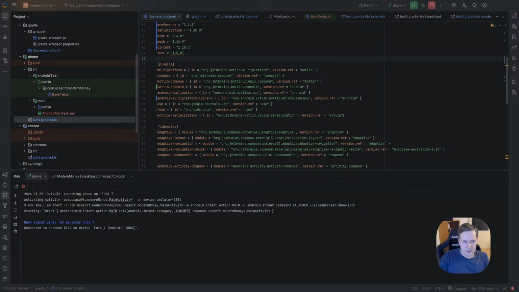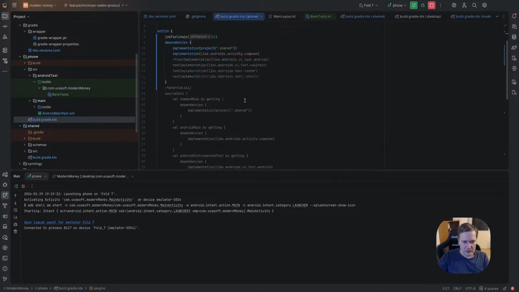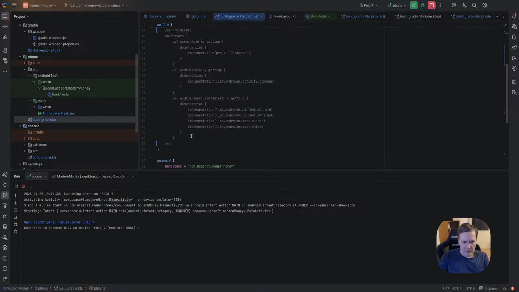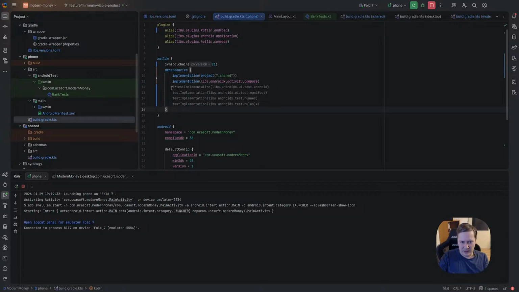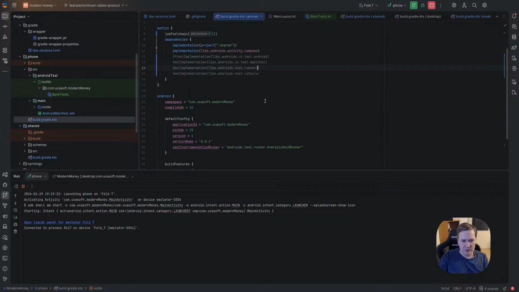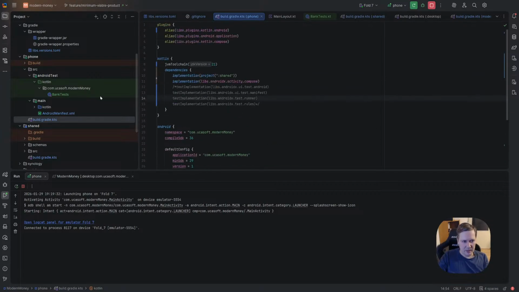So we update libraries. And yeah, here inside Android, we don't need anymore all this. I don't like to push something uncommented, but this one we will use in future, so this is why I kept it.